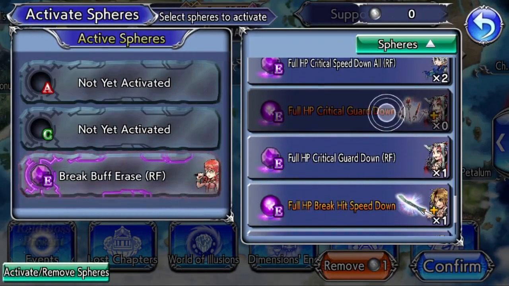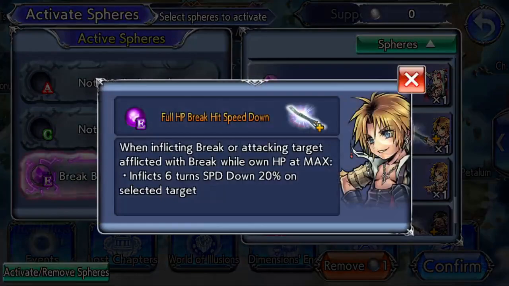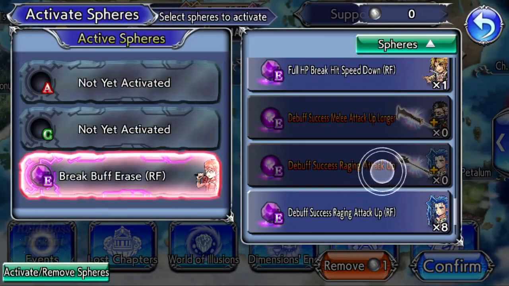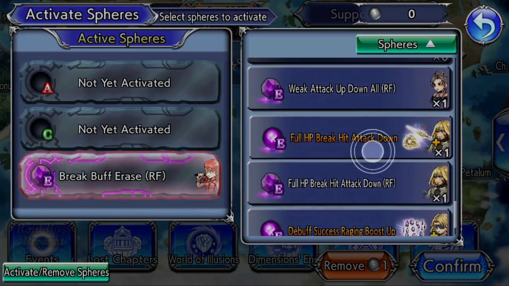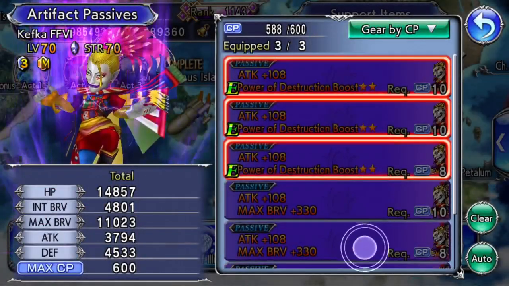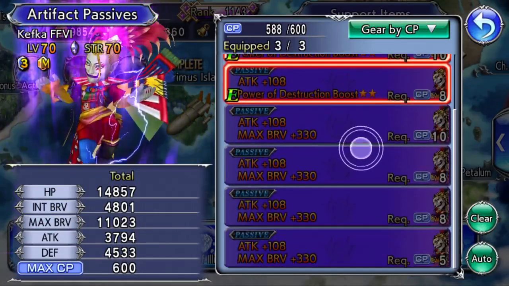You can go Faris spear over Fujin, but as time goes on, Fujin's spear value will grow exponentially, whereas Faris's will grow in value at a far slower rate. As for artifacts, for pre-level 90 Kefka, Attack 108 Max Brave 330 is ideal,